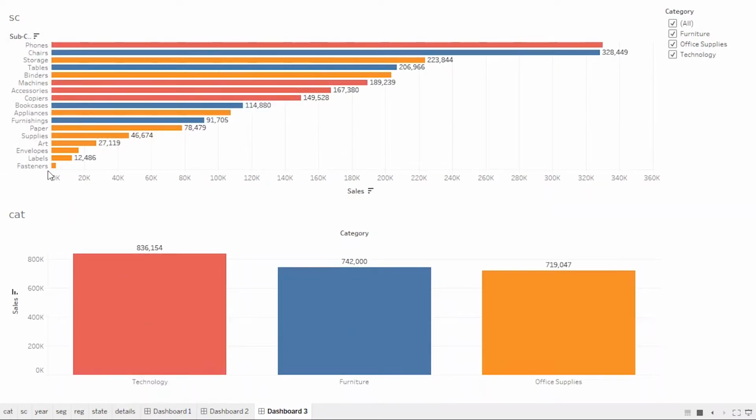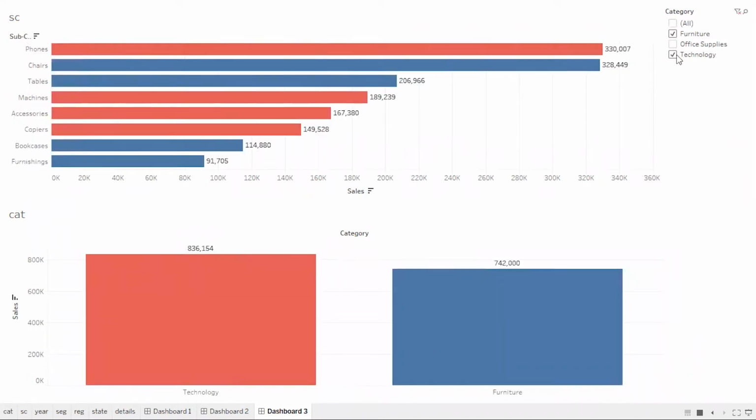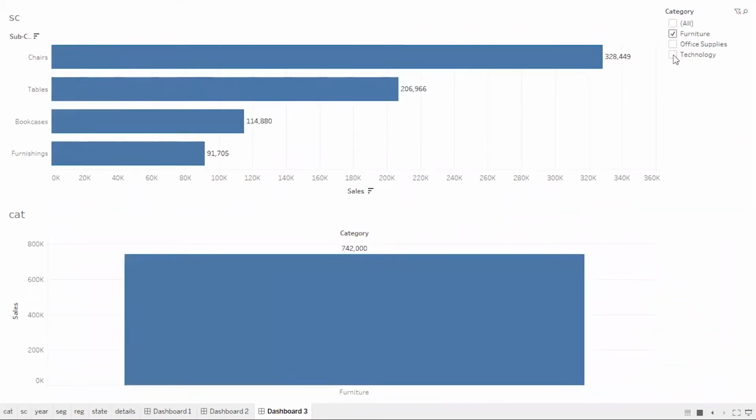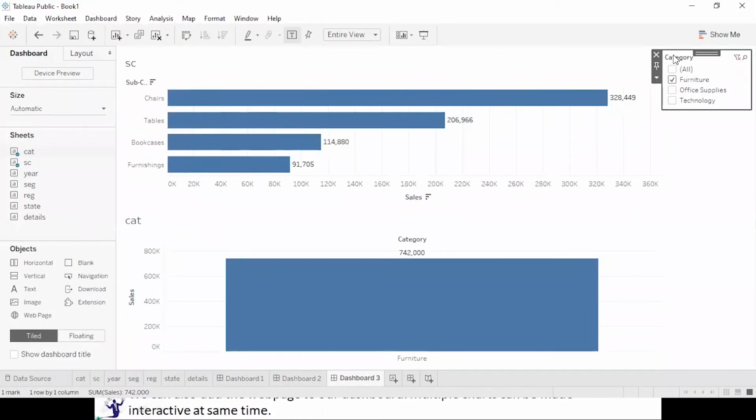As of now there are 17 subcategories and 50% area has been utilized by this visual. I remove office supplies, they are around 8. I remove technology, they are around 4. No matter how many bars are being displayed, it is always utilizing the screen area 50-50%. You agree with me on this? Right. But I want this plot area to also be dynamic. Depending on the value I select, it should be automatically adjusted.